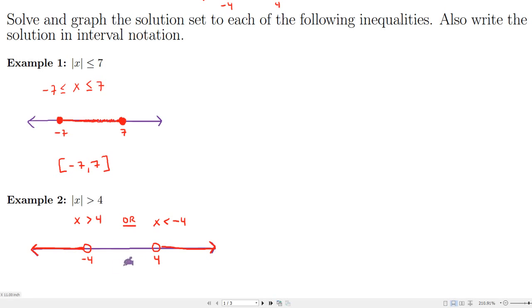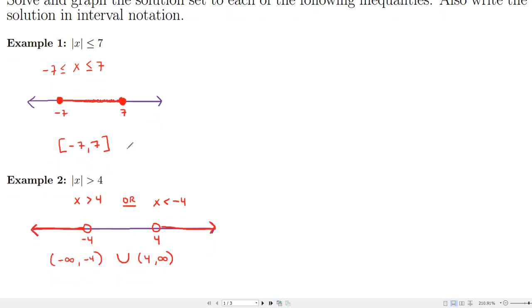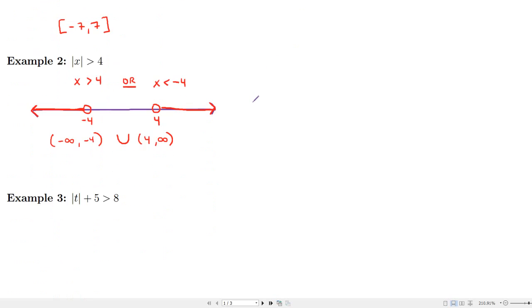And how do we represent this in interval notation? Well, we're dealing with a union here, right? Or, so we have -infinity to -4, open parentheses, and you're going to use the union symbol for the or, right? And from 4 to infinity. And that would be the solution in interval notation. So let's look at